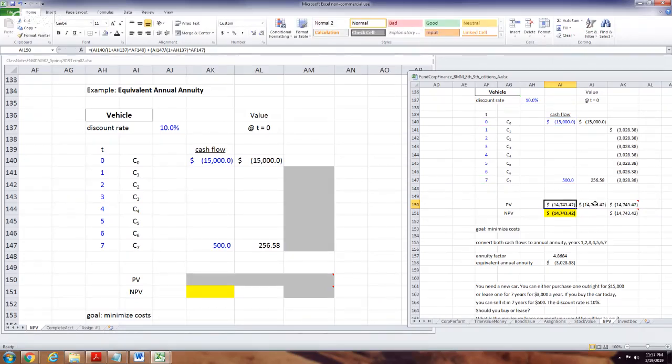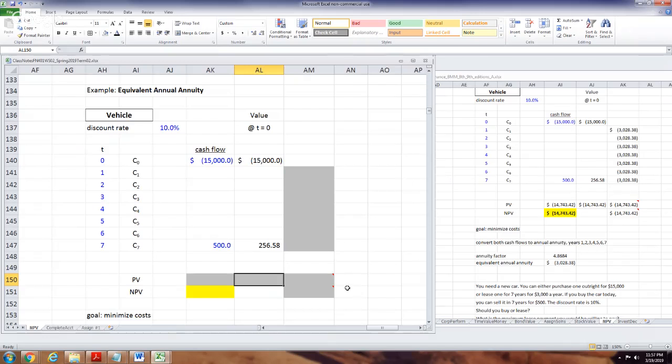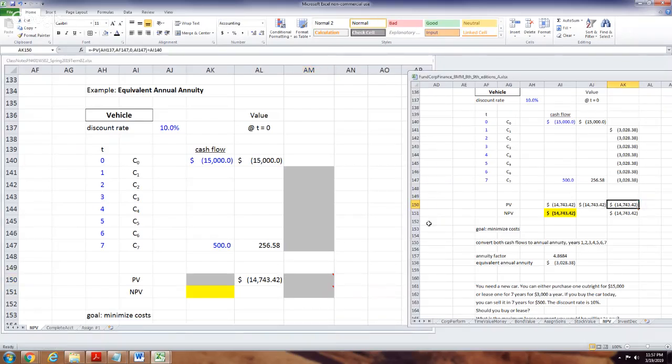So yeah, this is simply, let's do the summation. The present value of what this is worth. This is all at 0, so you can add all these up, right? You're going to get 500 in 7 years is 256, so it's worth 14,743 is what this is worth. I used the present value computation here.